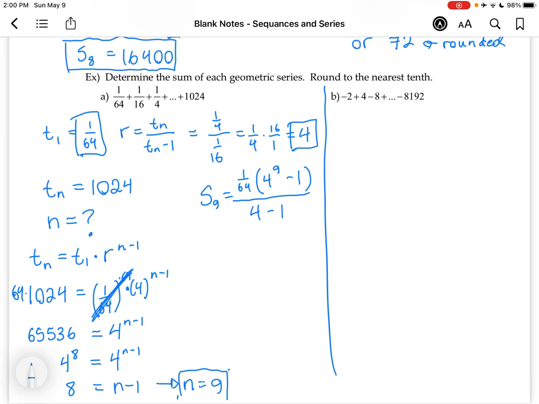Okay, and that works out to be 4 to the 9 minus 1, let's see. Okay, so that's 1 over 64 times 4 to the 9 minus 1 is 262,143 over 4 minus 1 is 3. And when I do that all on a calculator,